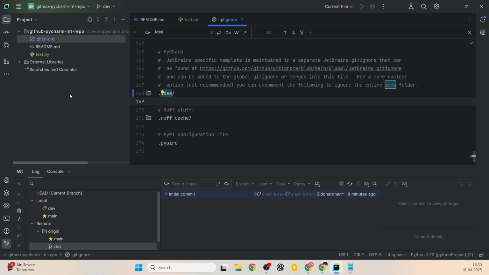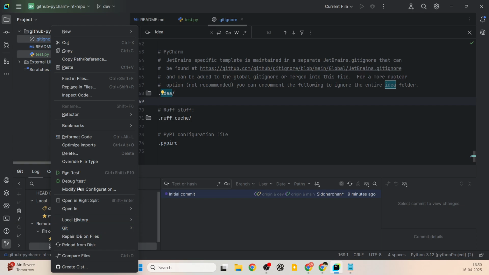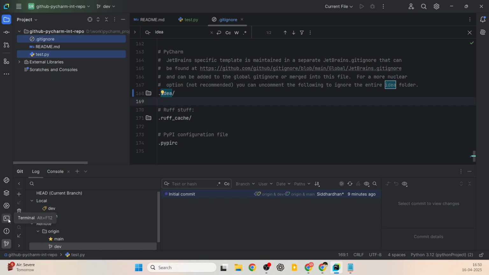So that's the process. The blue color here represents that this file has been modified, and the green color file represents that a new file has been added. Either you can select these two, go to Git, and push it, or the other way is to open your terminal